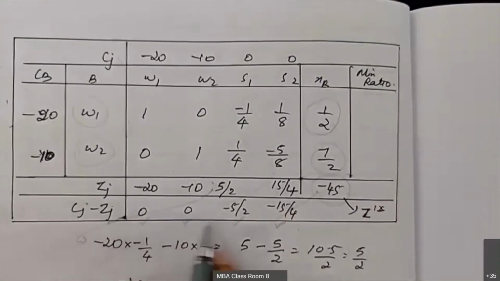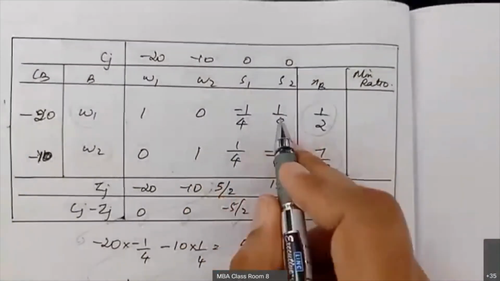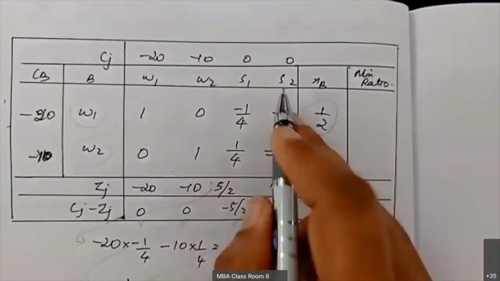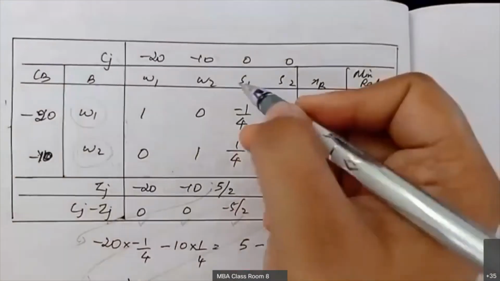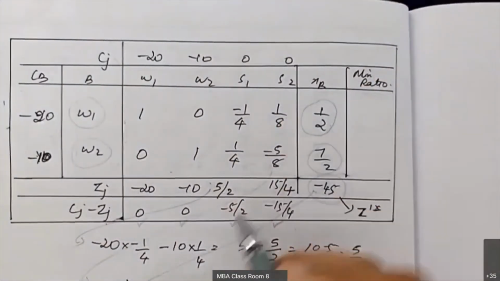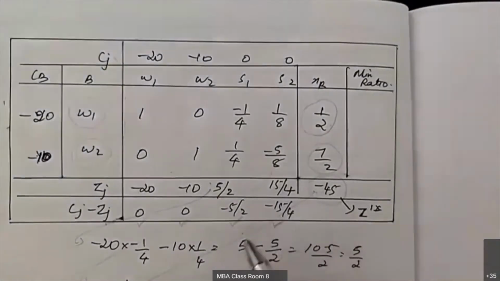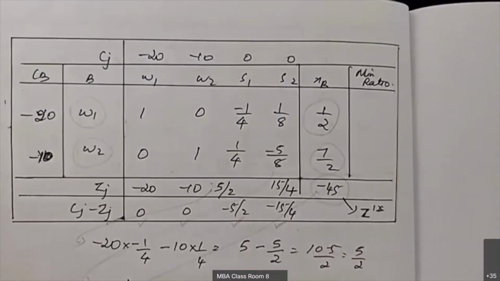How is that? You have to take the value corresponding to Cj minus Zj, and the value corresponding to the slack or the surplus variable. Here we have S1 and S2, and here we have Cj minus Zj. So the coinciding values are going to be the solution for the primal table. Our question is to find the solution for the primal table.